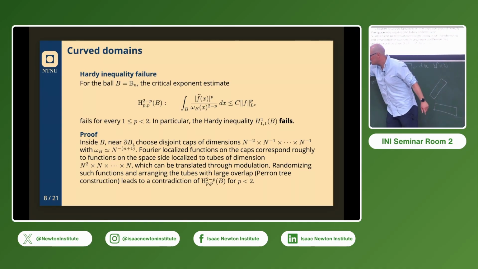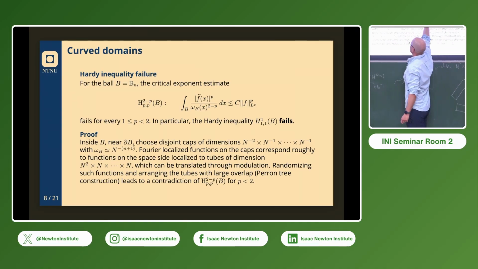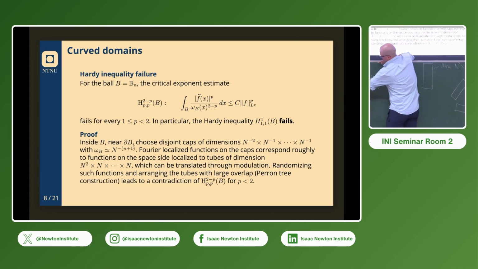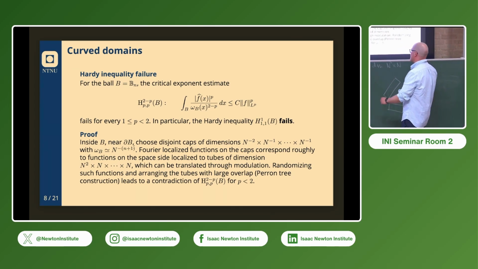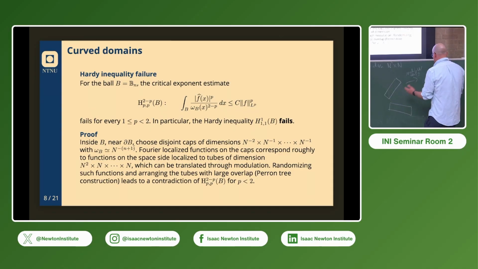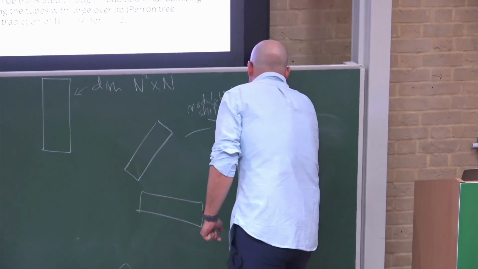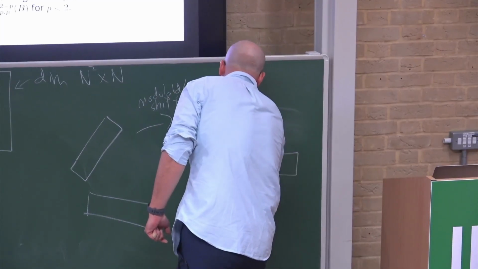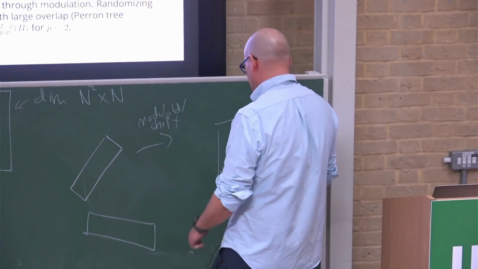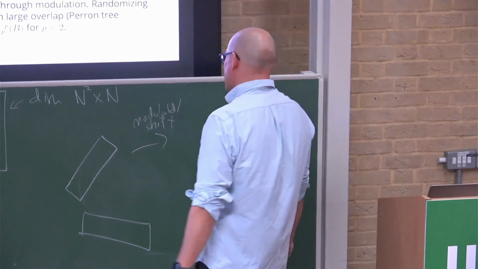I mean, if you think of these all as characters, you don't change this side at all by modulating here. But on this side, you move these all together. And so by modulating and shifting, maybe you've seen this before, you can have this kind of construction where you get these boxes to overlap quite a lot. Okay, they can overlap more than this.